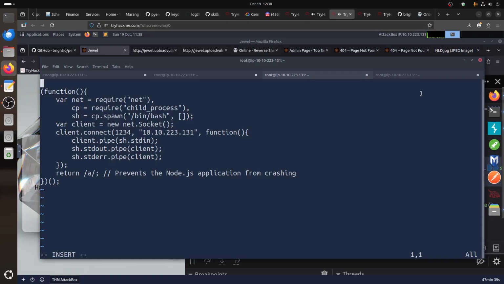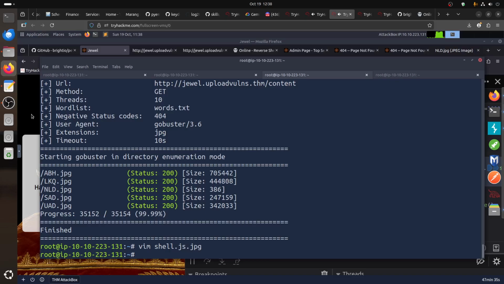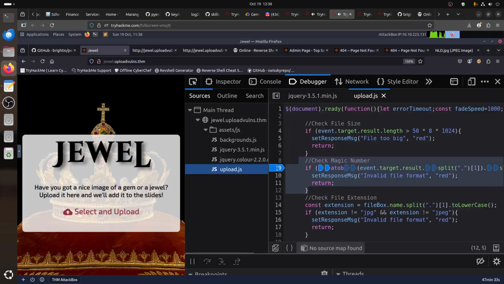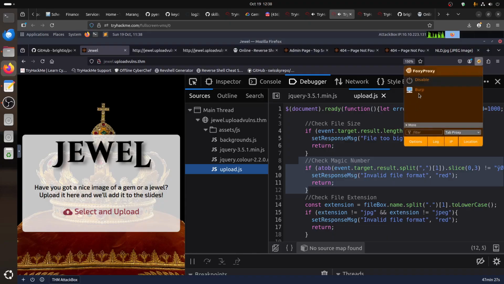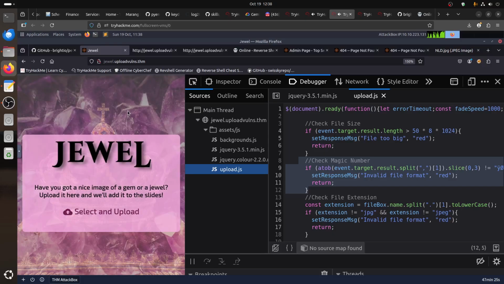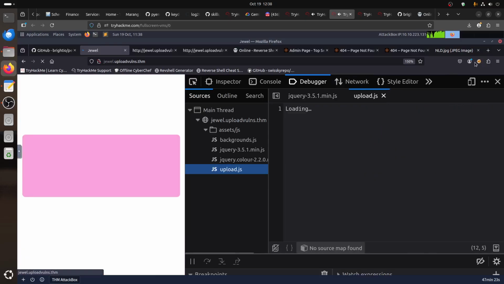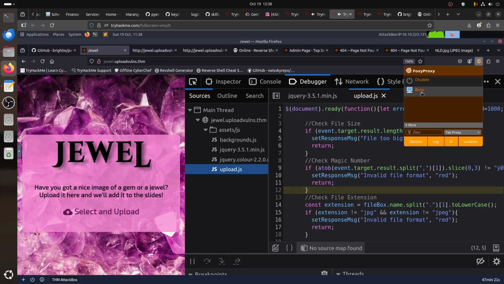In any case, I think the best way is to just leave it with Burp. So basically, the only way to see it is Control F5, refresh the page, do Burp,